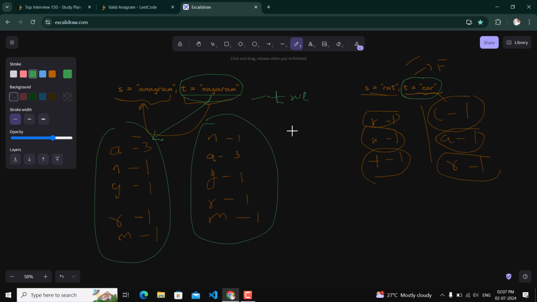Okay, so if the frequency of each character in this particular string is the same as the frequency of the character in the original string, then we can say yes, this is an anagram. And if it is not the case, then we can say no, it is not an anagram. Okay, so the approach that we will use here is a hash map.